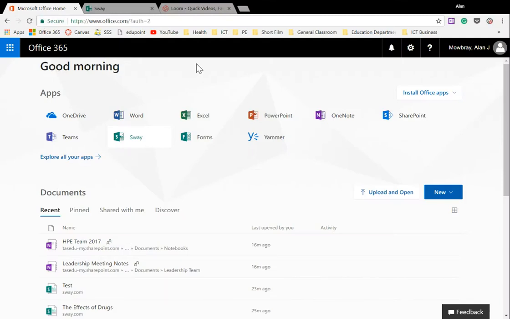In this Tech Lounge, I'd like to take you through Microsoft Office Sway. In order to get to Microsoft Office Sway, you'll have to go into your Microsoft Office 365 account. I have a quick link here to Office 365 in my favorites bar, but you can just type Office 365 into Google, select that, and then it will ask you to sign in. So using your Education Department email address and password, sign in, and then it will bring you to this main